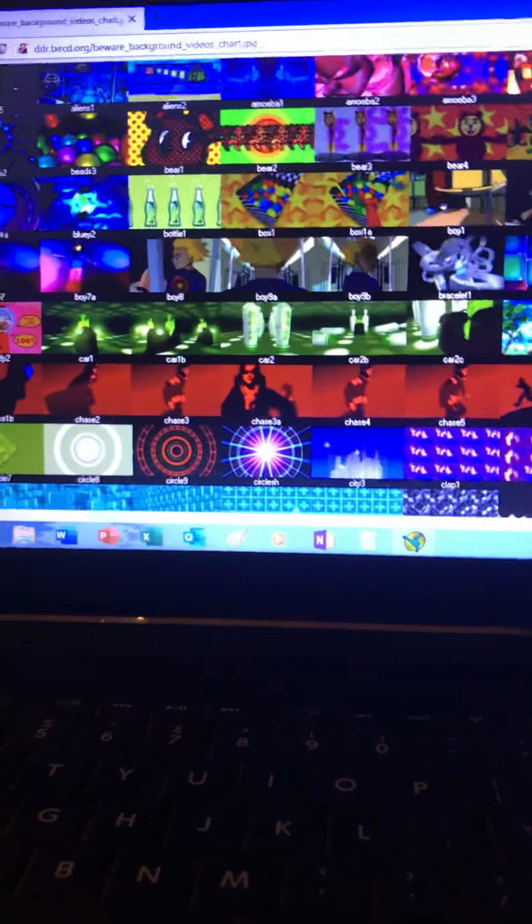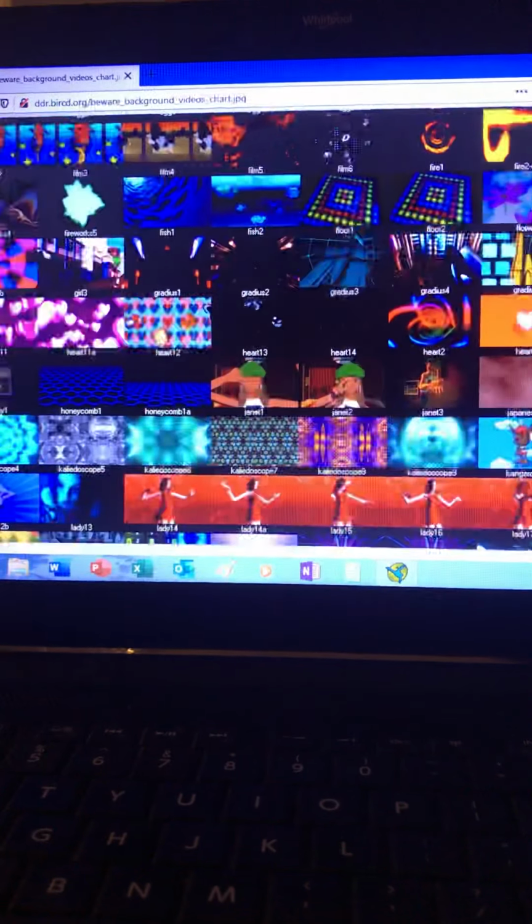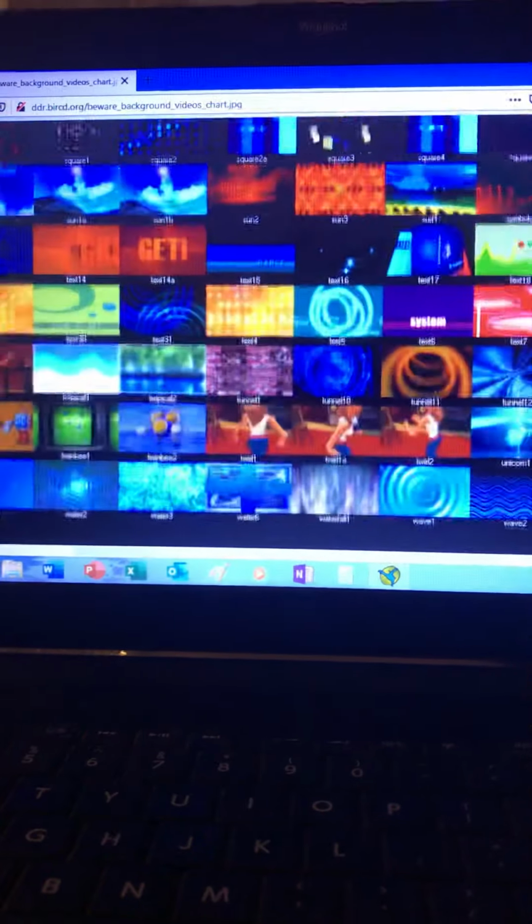Unless, depending on the song, let's say there's a song that has the sound of a gunshot and you want to use that. Or let's say there's a background clip of an explosion, and that's the only part of the song where you want to use that clip. That's okay. But other than that, you don't want to pick too many background clips, because then